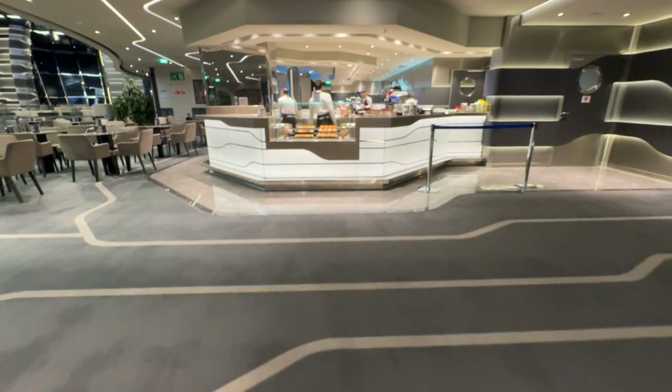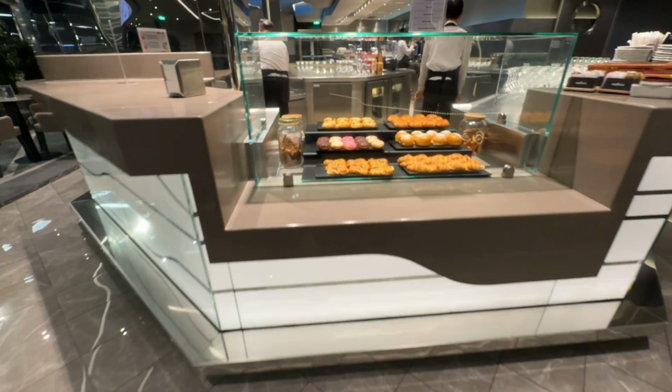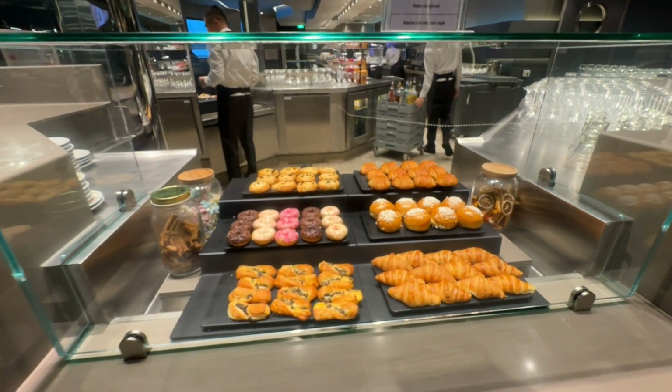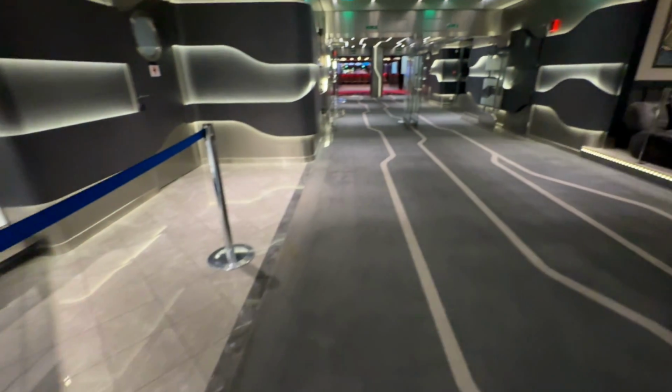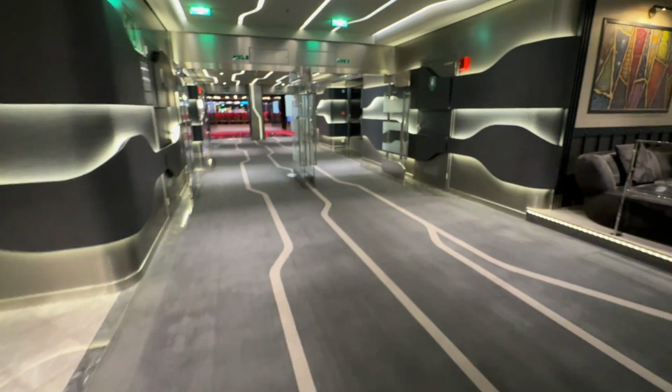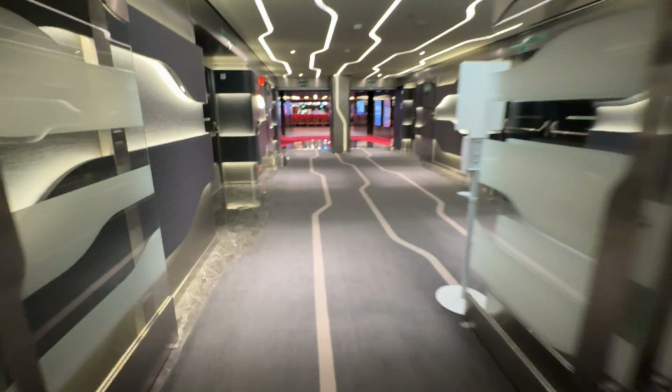So here's the bar where you can get all kinds of drinks, tea and coffee, and you can also get snacks throughout the day here as well. That's all free of charge. So that is all of the lower decks complete. Decks 8 to 14 on this ship are all cabins, so we're going to skip those and